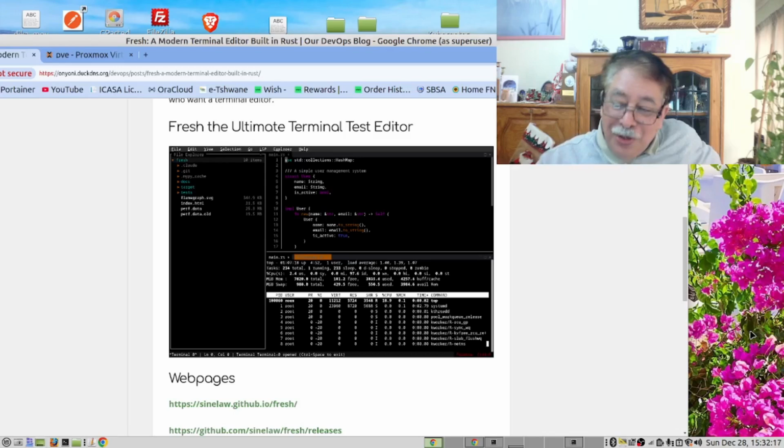You may ask the question, so why should I use Fresh? Firstly, it's easy to learn with familiar shortcuts and a clean interface. So you already know how to use this. Secondly, this is a fast, responsive editor, and it includes coding features, so you can use it for working with code. You can make this look like an IDE if you are developing in computer languages.